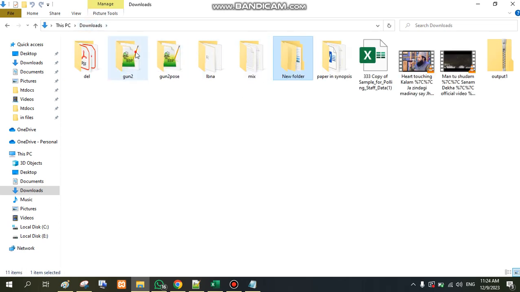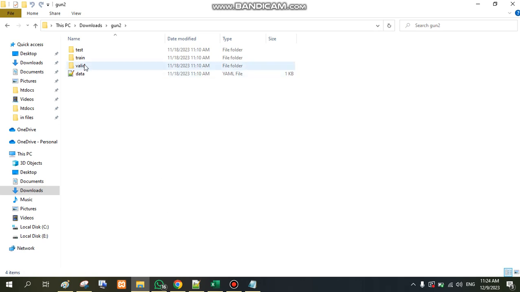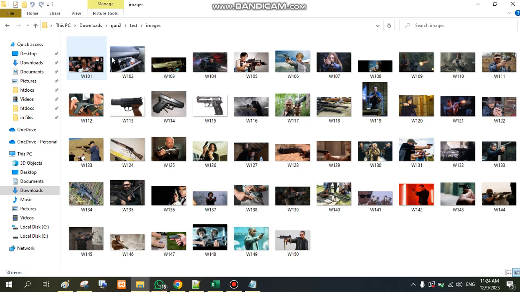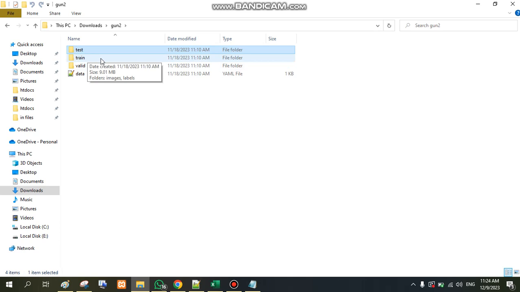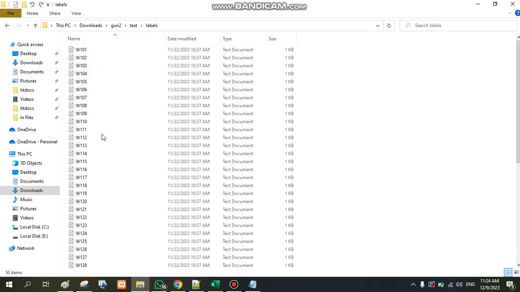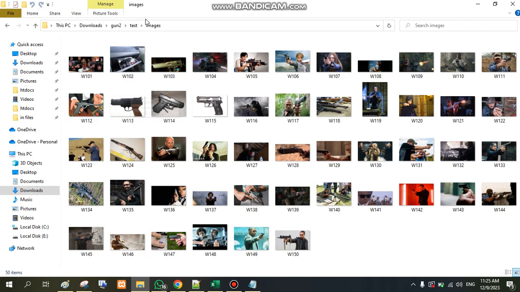Then you have to make the structure for training: train, test and valid data folders. You have to create these folders and this YAML file. In each folder there will be an image folder and a label folder. In the image folder you have to place images. In my case there are 200 images, so I put 50 images in the test folder, 50 in the valid folder and 100 in the train folder. If you have 1000 images you have to divide the number of images accordingly. Then the same files, like 101 to 150, these images are in this folder, and these annotations and labels